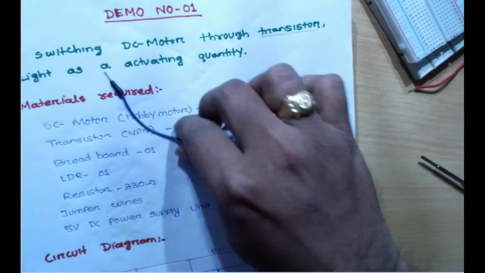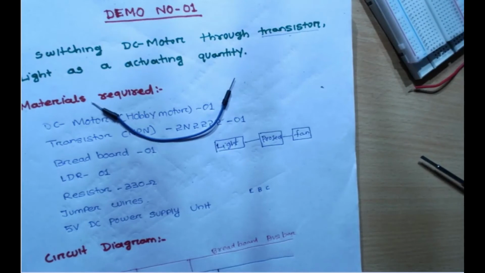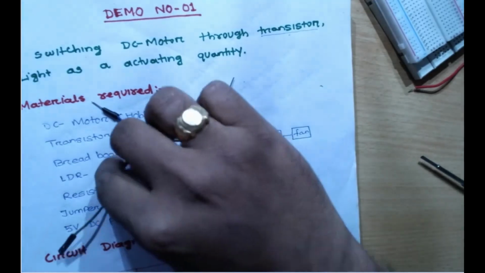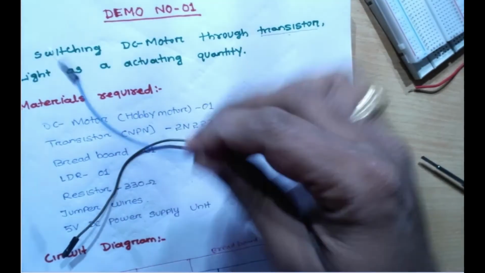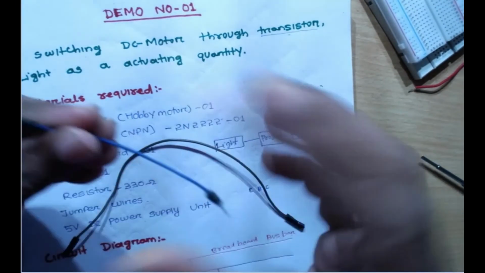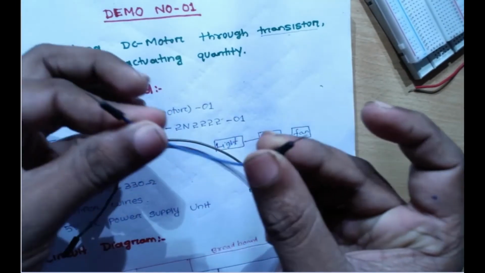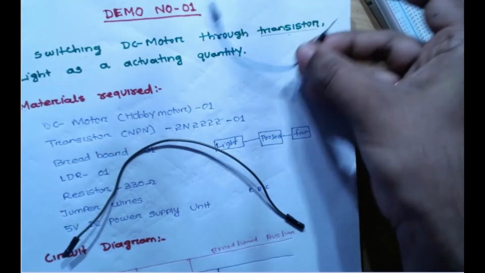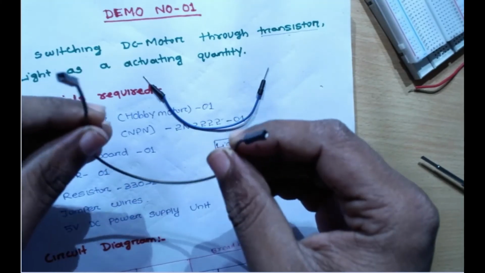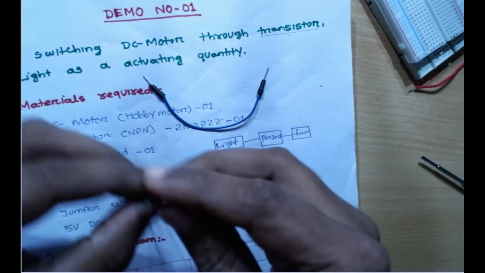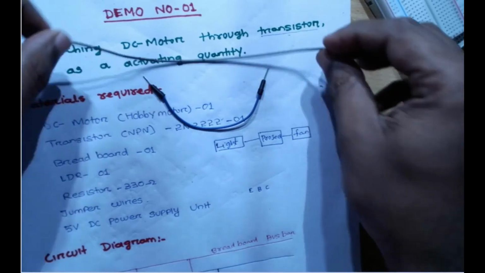I have one kind of this. You can see this blue one, and this one is another jumper wire. What is the difference between these two? In the first, you can see it is a male to male jumper. But the next jumper is called female to female. There is a hole in that. It is a female to female jumper.